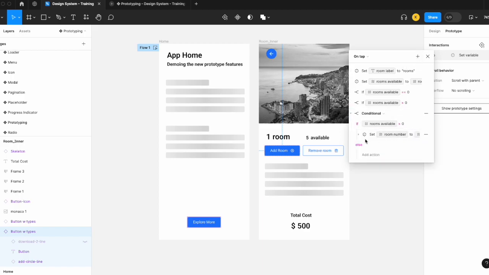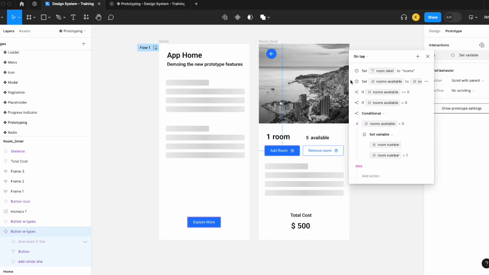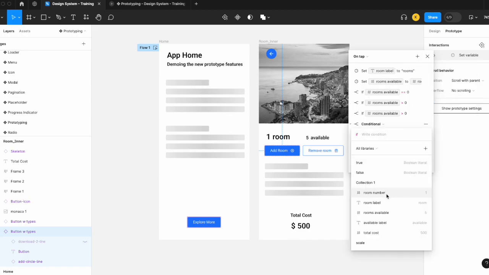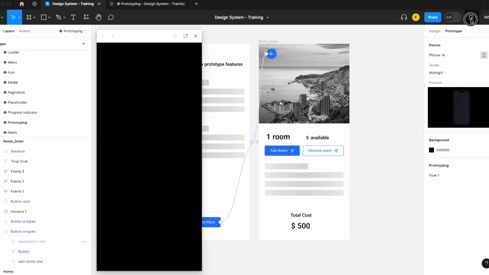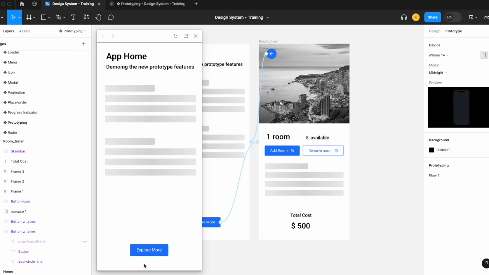So here we have our rooms available, our room number plus 1. We got our total cost plus 500. And let's add another conditional that if the number of rooms available is greater than 0, we'll bring in number of rooms available minus 1. So let's do a quick check. I think that looks good. So let's explore more. And there we go. However, one thing I did notice, and let's take a quick look at this, is that,